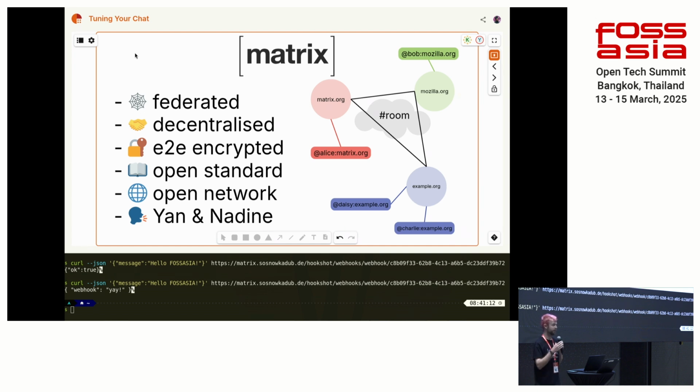Yes, Matrix is an open network, first and foremost. And there's this open federation, which anybody can simply join by setting up their own server. It's also possible to create a closed federation. So there are some organizations who use the federation feature, but also limit it. So for example,